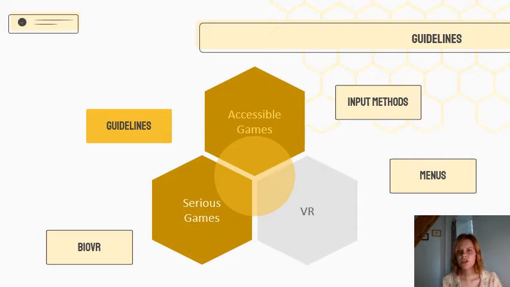During my research, I kept coming across the statement that the lack of accessibility and the lack of guidelines have something to do with each other. And we will see in a moment that there aren't many guidelines for games and even less specifically for VR. And this circumstance is blamed for the fact that accessibility is an issue that is not being considered well enough now.